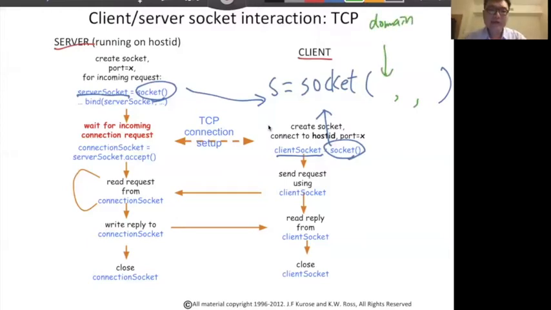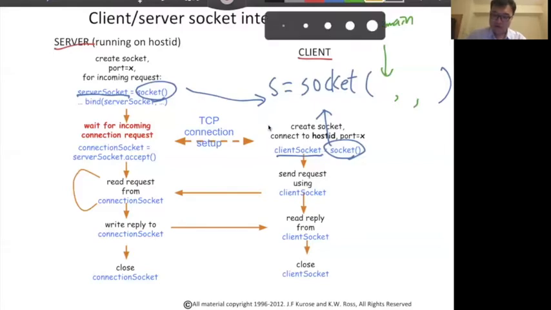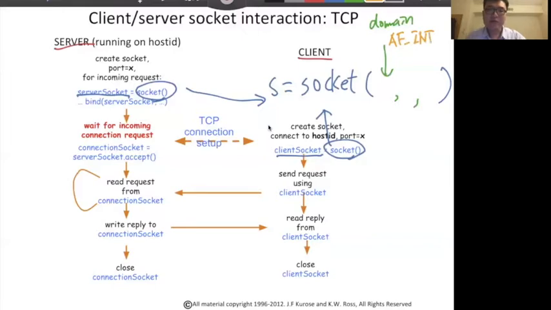So this domain defines what kind of IP address family you want to provide. For example, you want to provide IPv4 or IPv6. If you want to provide IPv4, you probably just write AF_INET into this. So the first one is the domain, and the next one defines which IP protocol,